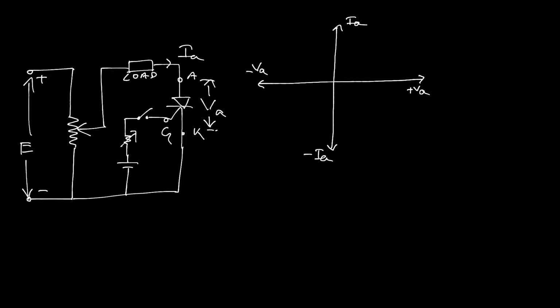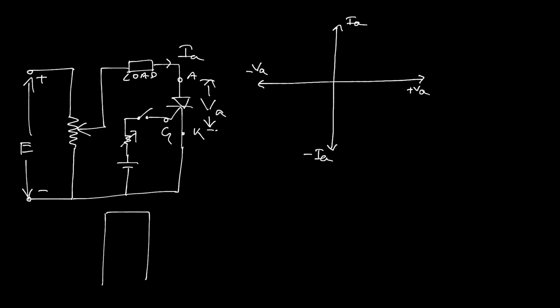As we know from the constructional features, when the anode is more positive with respect to the cathode, the depletion layer is formed across the reverse biased junction J2. As we know, in this case junctions J1 and J3 are both in forward biasing condition. That is why a small amount of leakage current tries to flow through the device. So it can be made clearer by using this figure.